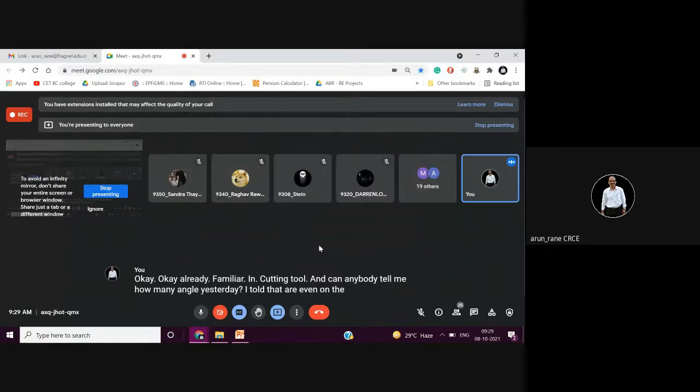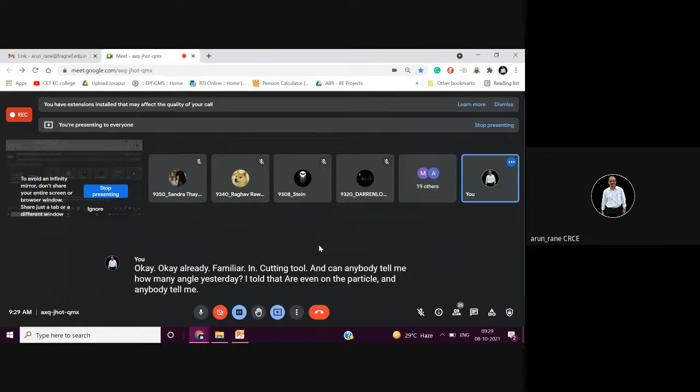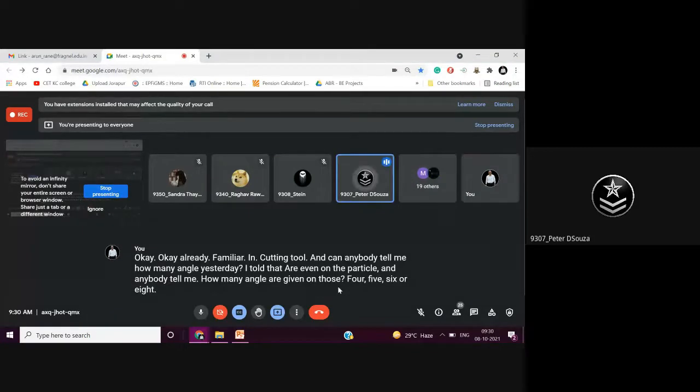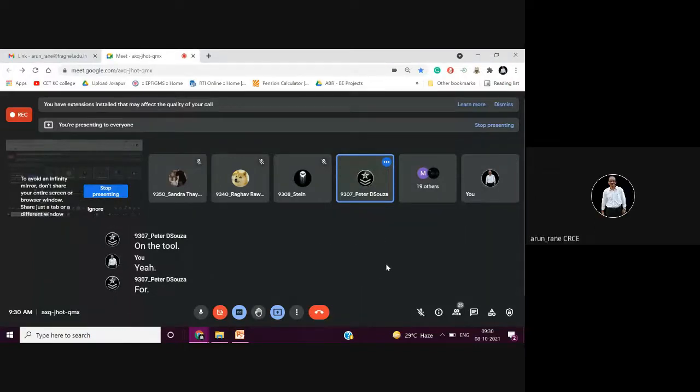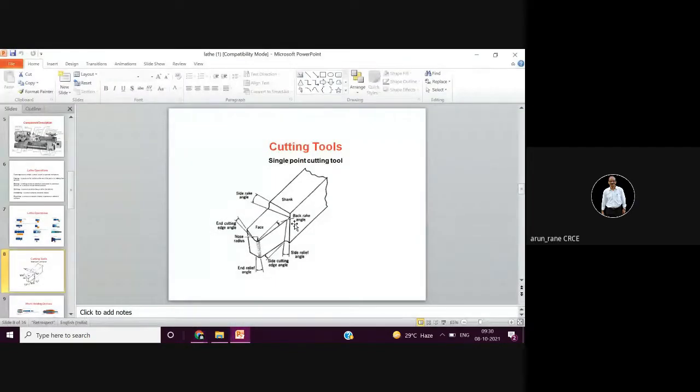Can anybody tell me how many angles, I told you yesterday, are given on the cutting tool? Four, five, six, or eight? Yes, on the cutting tool. Yesterday I told you four, but there are a total of six angles that are given.